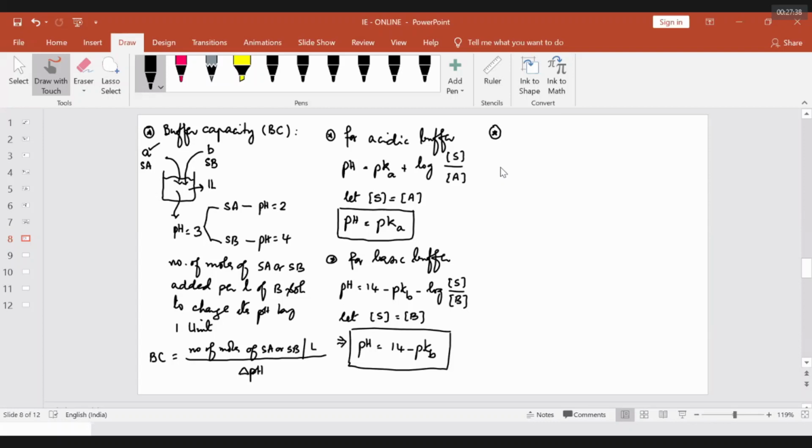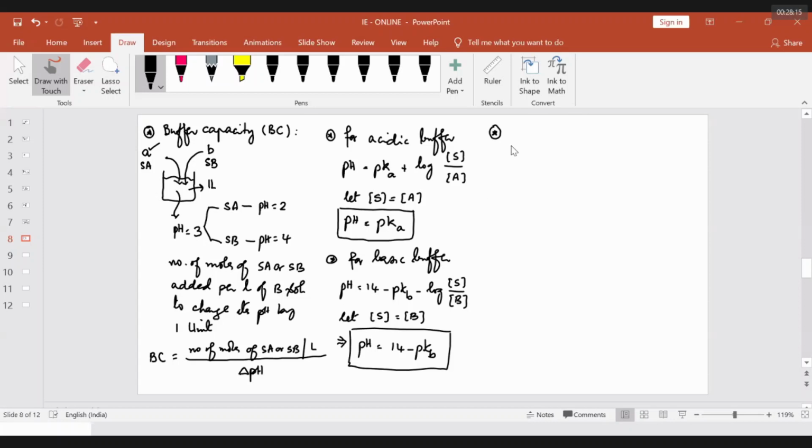Now, if you are that type of student, you may be thinking, sir, you are saying some small amount, okay, we accepted a small amount. And up to that small amount, the buffer is saying, I will maintain pH constant, everything is nice. But if you say, sir, I am adding more than that, what happens? Yes, IIT people will create a question here: if you are adding strong acid or strong base beyond the limit of its buffer capacity, what will happen? Naturally, that is a very good question for us.